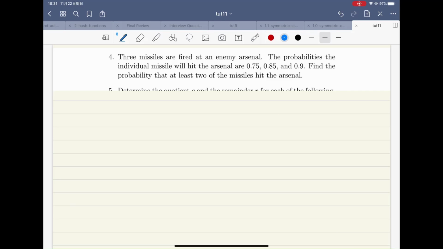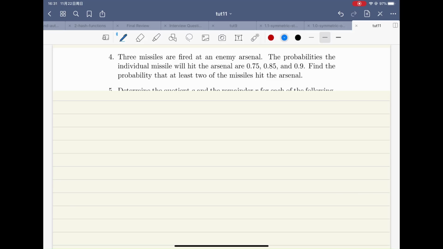Question 4 is pretty classic, I think. It asks you to find the probability that at least 2 of the missiles, it sounds like missile ramen. I'm sorry about that. At least 2 of the missiles hit the arsenal. It states that 3 missiles are fired at an enemy arsenal, and the probabilities the individual missiles will hit the arsenal are